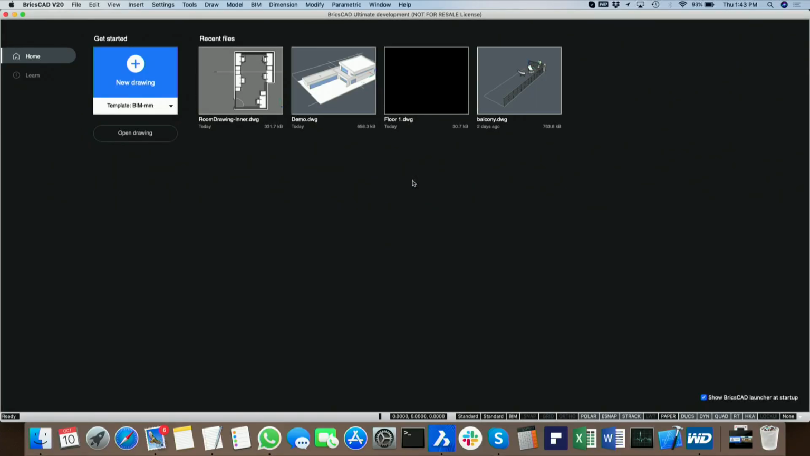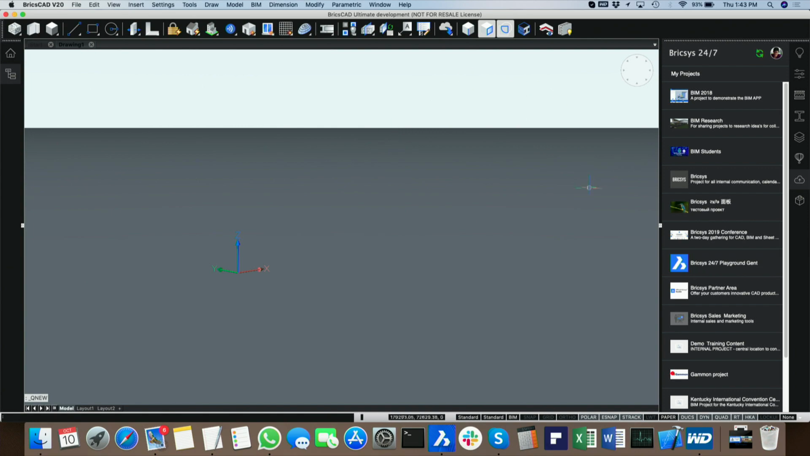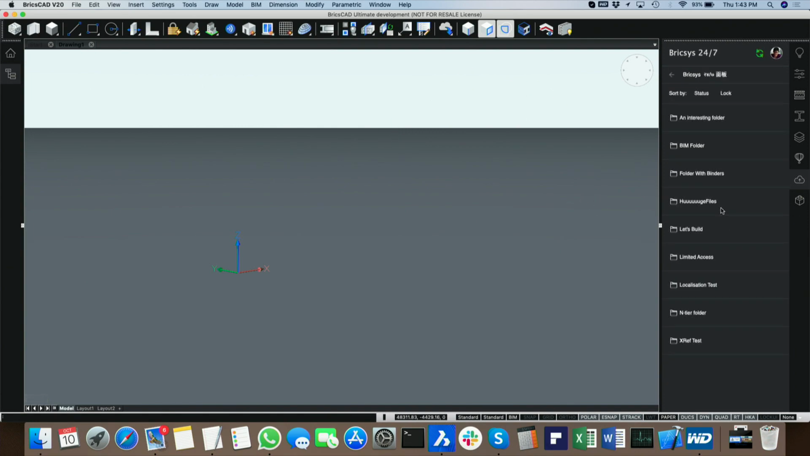This is my other machine. By the way, this is the Mac. So this is BricsCAD on the Mac. It works beautifully. So I go into this project, this folder,